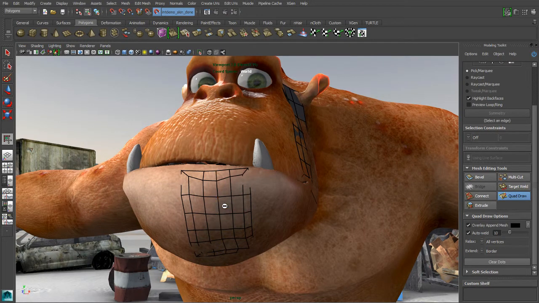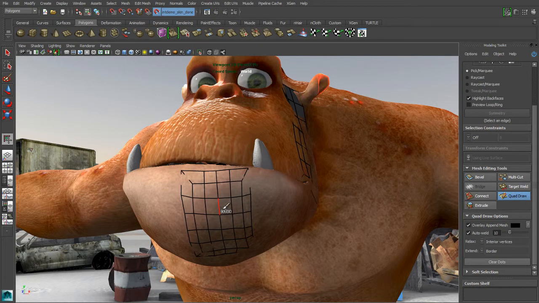If we go to our marking menu, you'll see that we have a relax here on the left-hand side for interior vertices, border vertices, or all vertices. Let's go to interior vertices. And if I begin to work with that, what that's going to allow me to do is affect all of the interior vertices. I'm relaxing all of these interior vertices on this patch here, but I'm not affecting any of